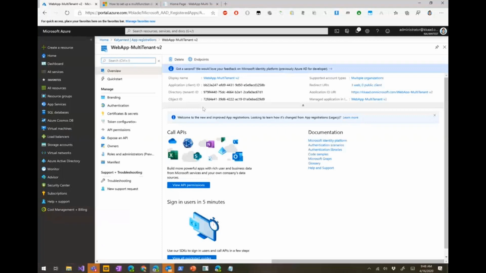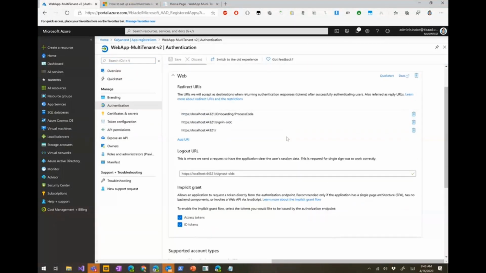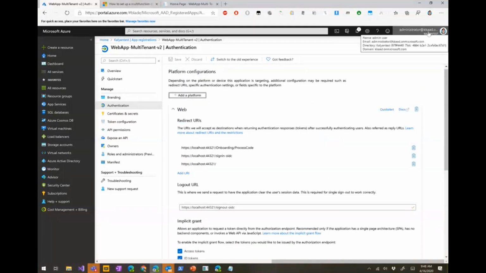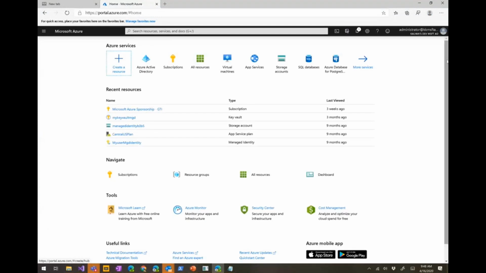This is an application registration. If I go to the authentication tab, it is marked as a multi-tenant application. Now I'm in the directory called KKAAD. Now what I want to do is to create a service principal using the admin consent endpoint in my other tenant, which is KKMSFTAD.